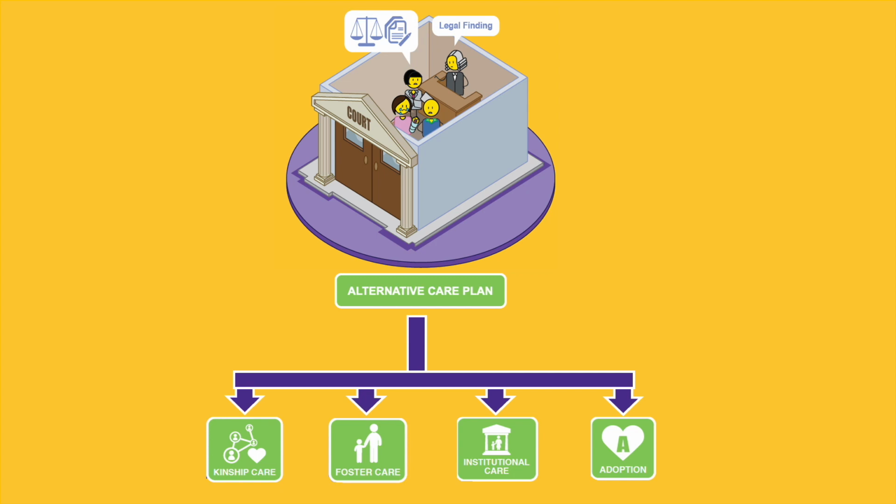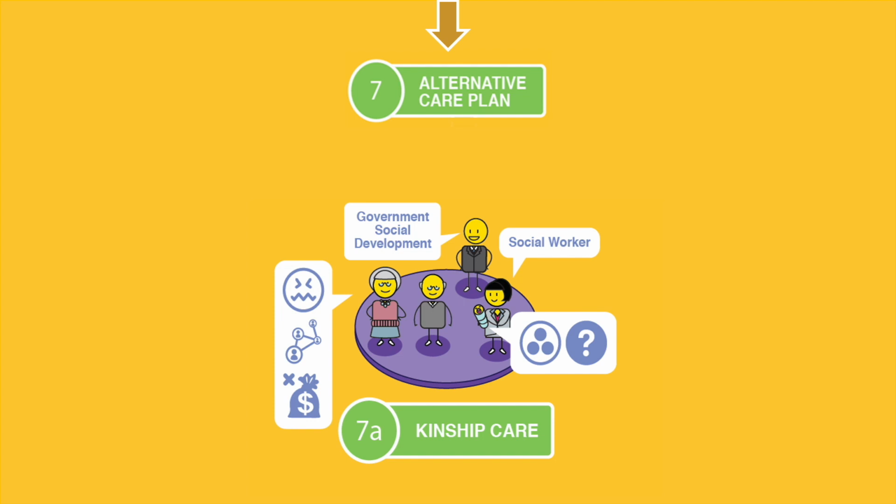These can include placing the child with other family members in a kinship care arrangement, placing the child in foster care, institutional care, or placing the child up for adoption. Kinship care refers to placing a child into the care of another family member, such as the child's grandparents or a close relative. The courts and child protection officers must ensure that these family members are fit to care for the child in question. This can be done through a formal foster care placement or adoption, or through an informal